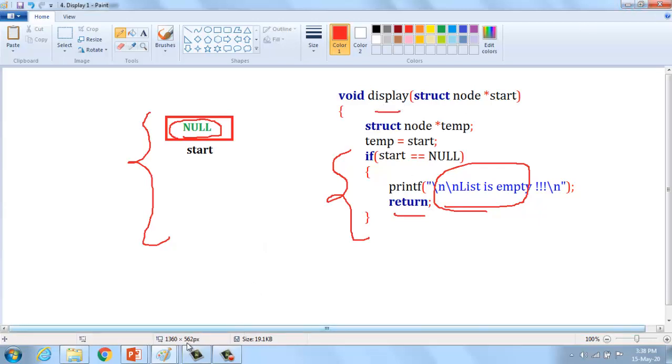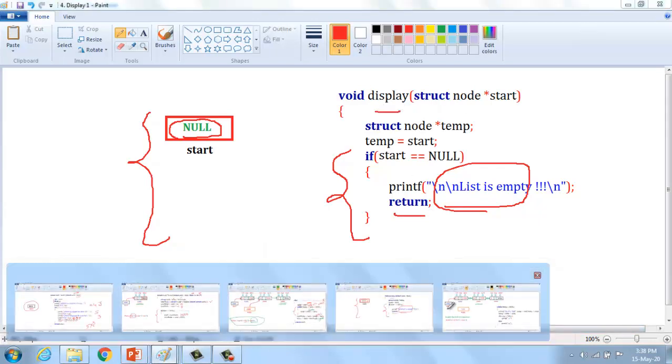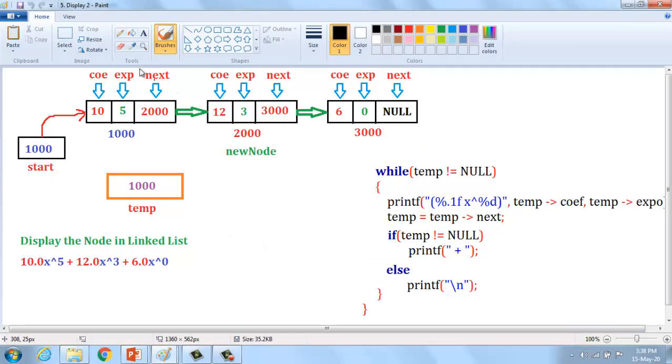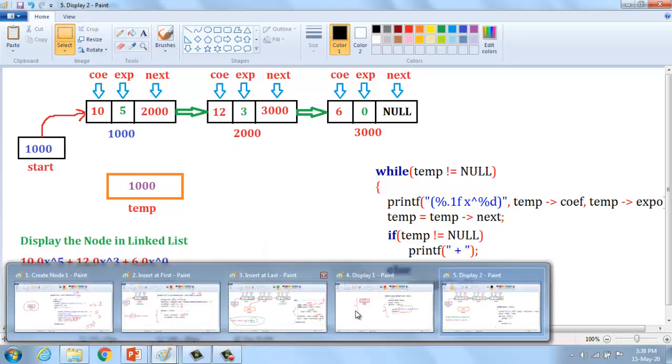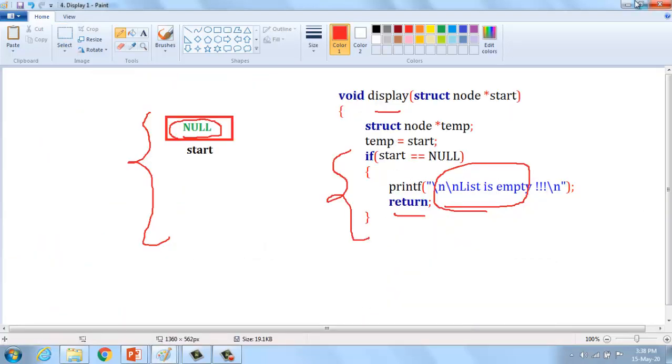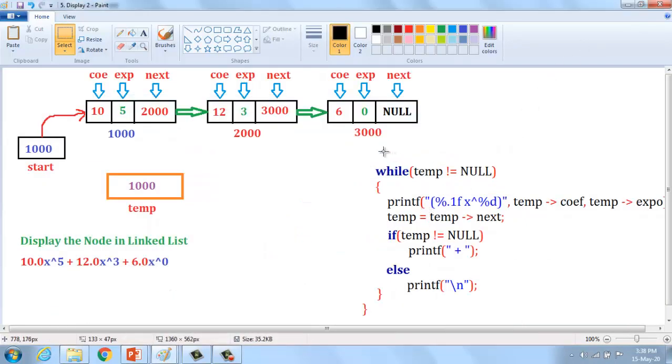Alright, and then if there are n elements present in the linked list, say these 3 elements, in the else part, after the if condition, we use a while loop: while temp not equal to null.